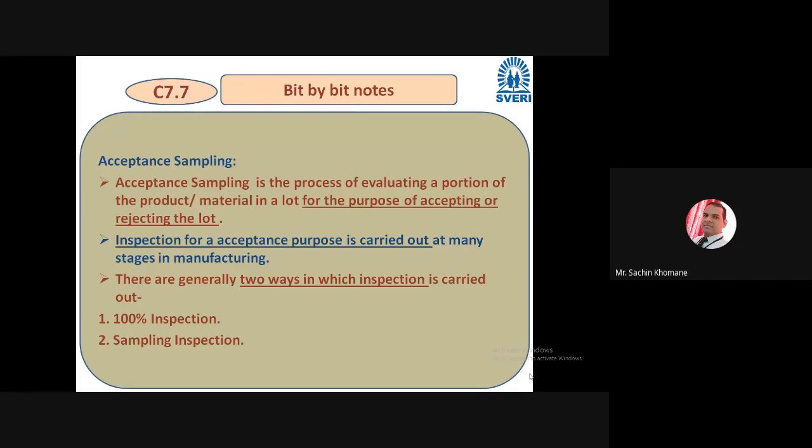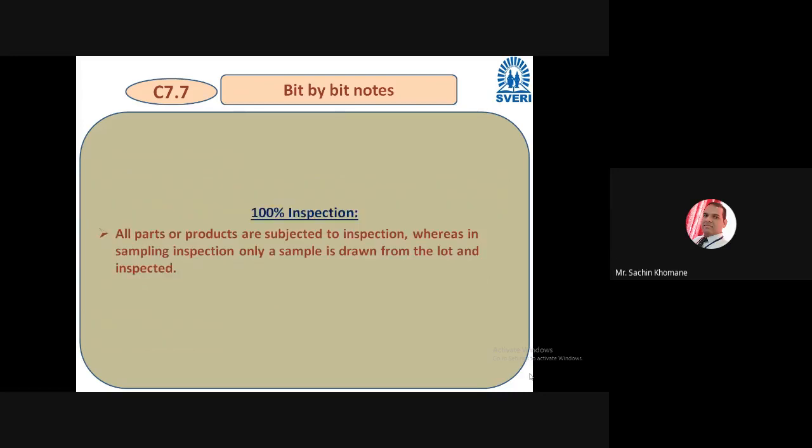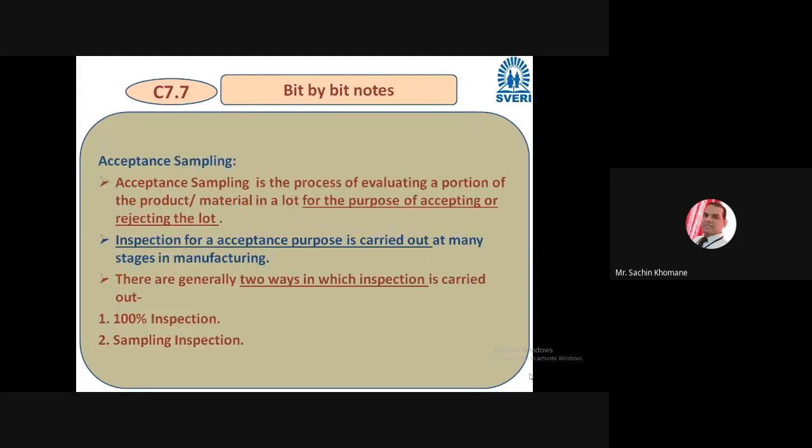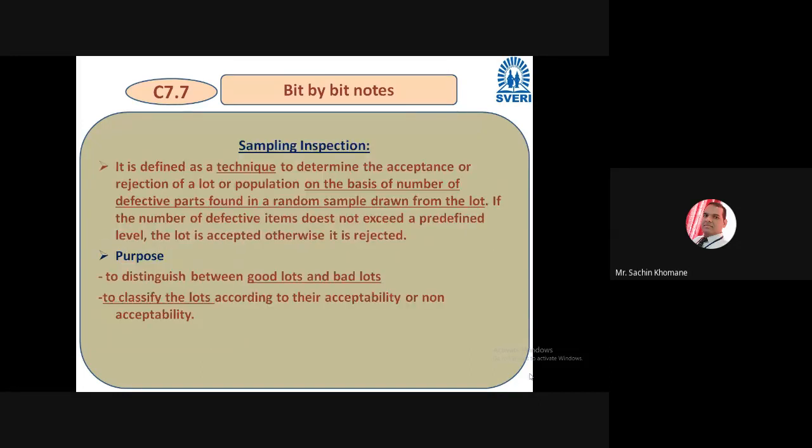There we have seen what is the meaning of 100% inspection, what is the sampling inspection, right? So 100% inspection, the name itself is telling, all components you need to inspect. That is nothing but the 100% inspection. And what is the sampling inspection? A few components from that lot you can take for inspection. That is the sampling inspection that we have discussed, right? And we have seen why it is important, right? So what is the purpose of sampling inspection?